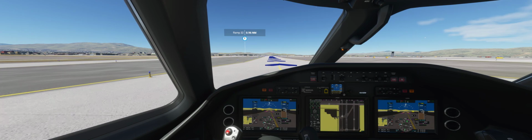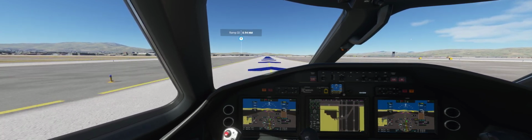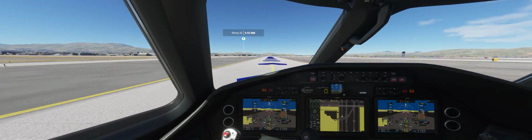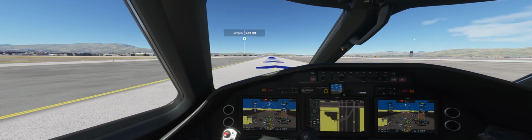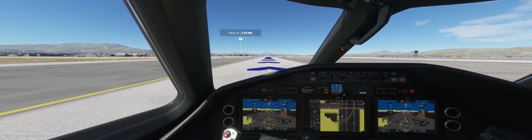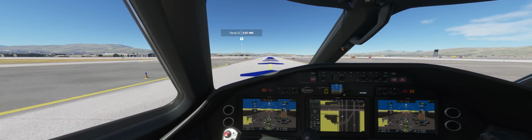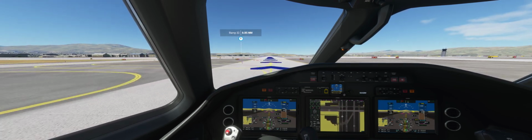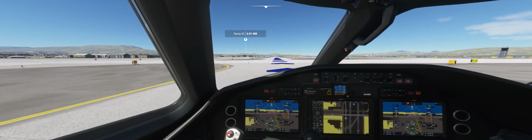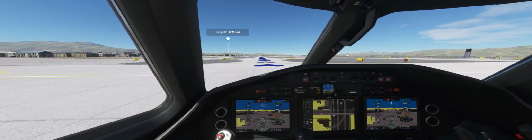What a game. Headaches and bugs and CTDs notwithstanding, still pretty exciting. A lot of fun. Our around the world trip. I think tomorrow we'll head from Reno down to KSNA, John Wayne, Orange County. Cross a runway here, make sure nobody's coming. Approaching runway 07, 25. Looks good. Well, yeah, that's runway 07. My home airport. We'll head home and